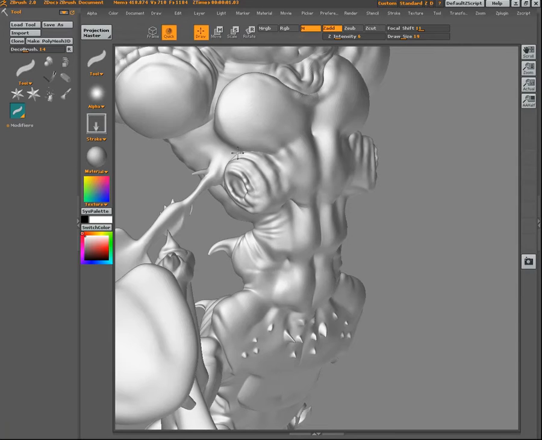Painting the same skin folds on the other side, trying to match as much as possible. You're always going to end up having one side that looks better than the other, but